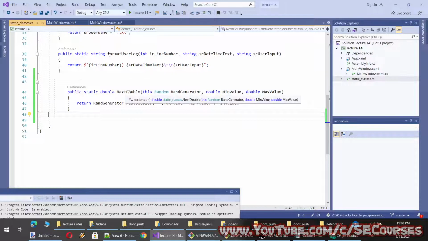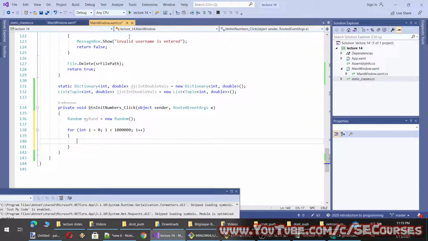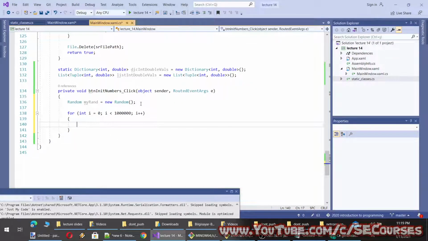So it will use random generator, and okay, this is an extension to Random class, and it takes double minimum value and maximum value, and it generates. Okay, this makes sense. You can evaluate this method at your home to understand it.